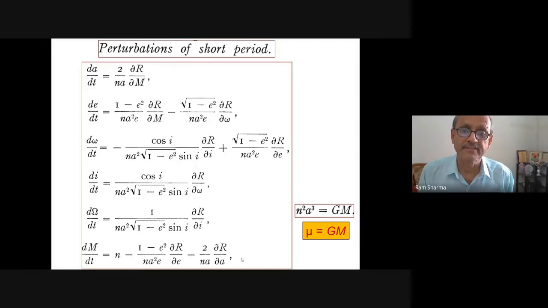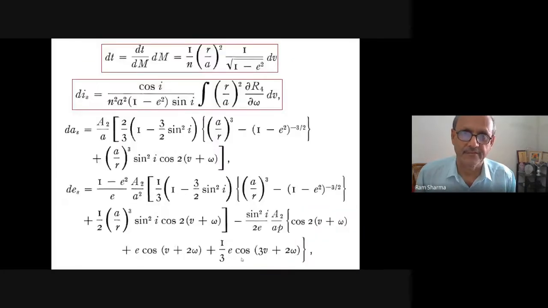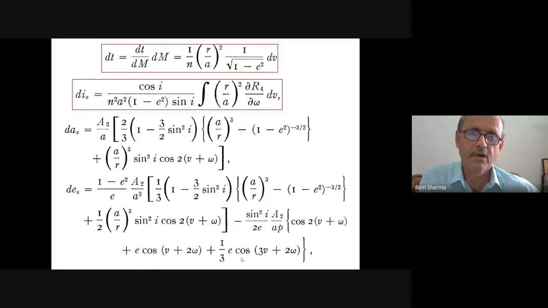But now these are all your equations, the Lagrange planetary equations. These were available to him. He has gone one by one. First he got these relations, whatever he needed. T in terms of true anomaly, etc. He has located whatever he wanted, and he has found out those things.